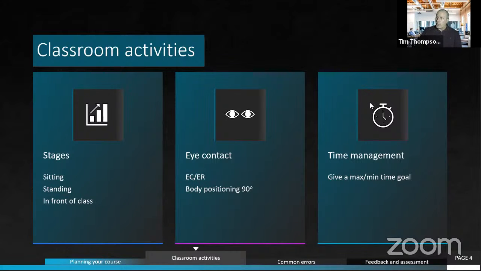Let's see here. The question I see is adapting to the virtual classroom. Yeah, again, the virtual presentation, online presentation, is a very different animal than an in-class live presentation. So obviously you can't have them do standing up and sitting down, but what tech does allow you to do,